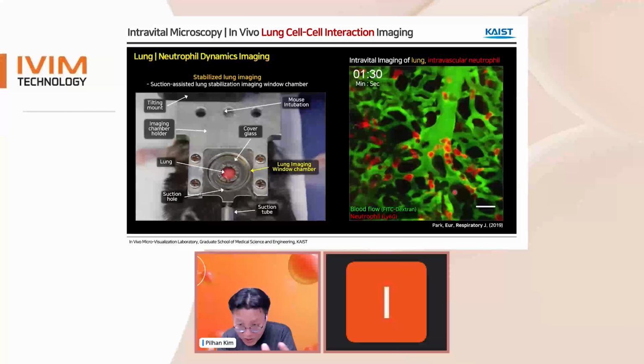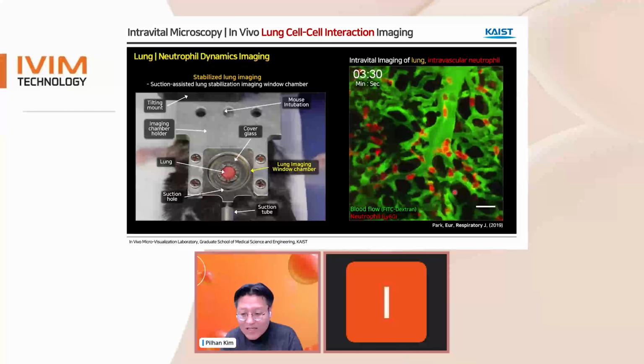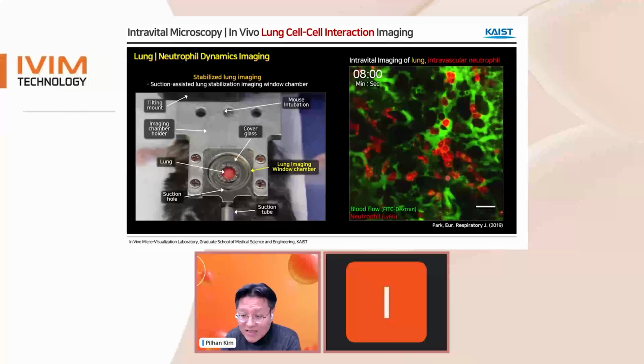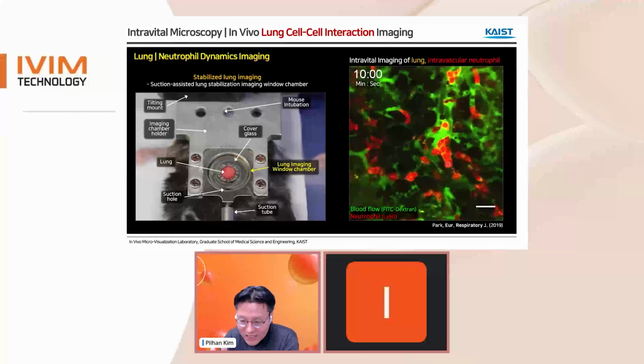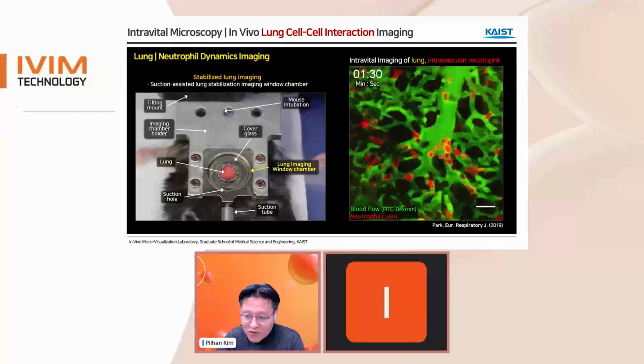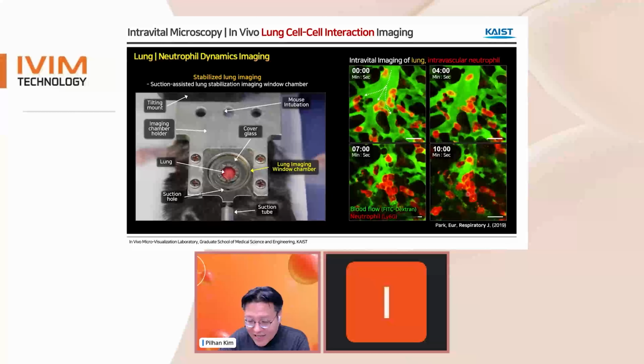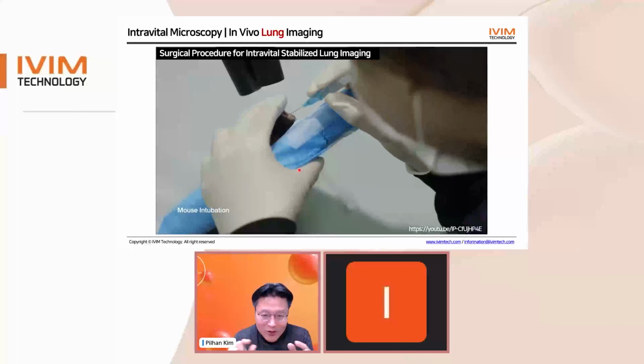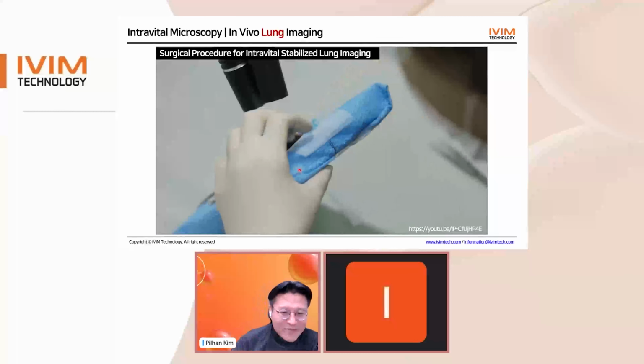And after that, we applied automatic motion compensation to generate this motion compensated time-lapse video, which nicely shows the neutrophil clustering in the lung, as you can see in this data. And then just for fun, I'd like to show you one short video of how we do this in vivo lung